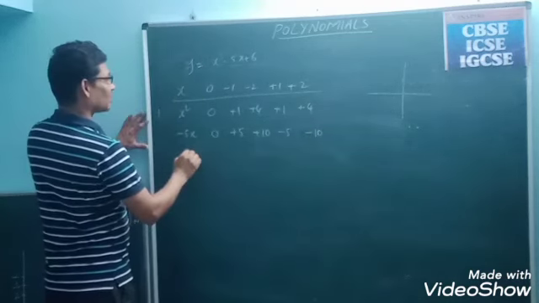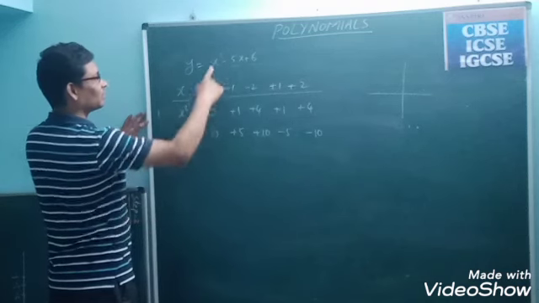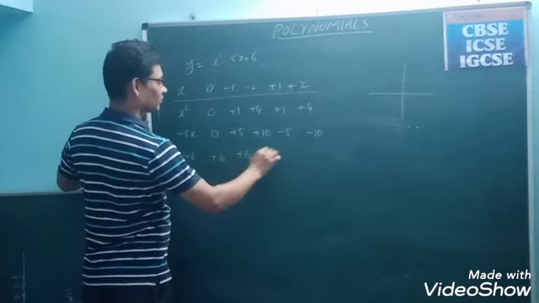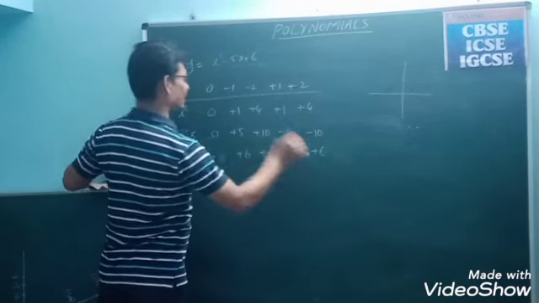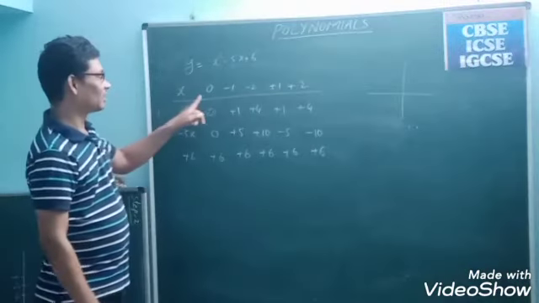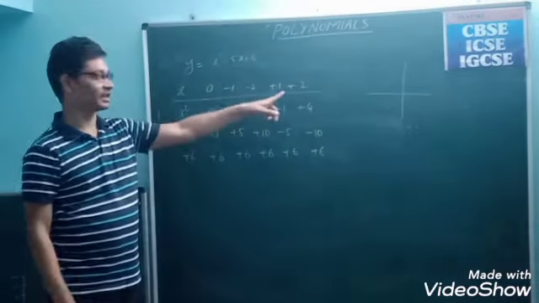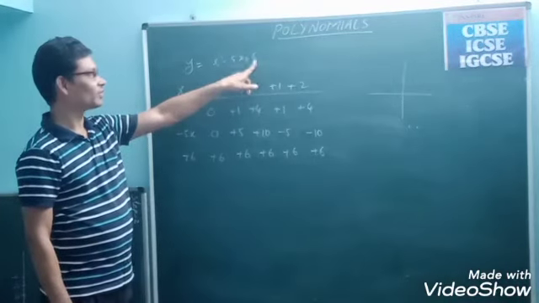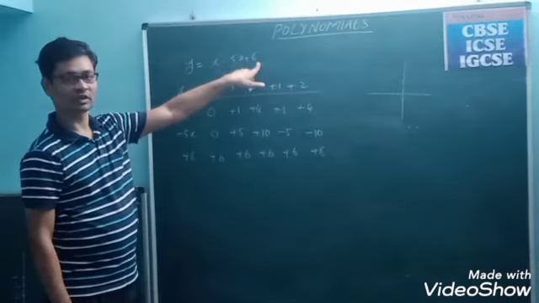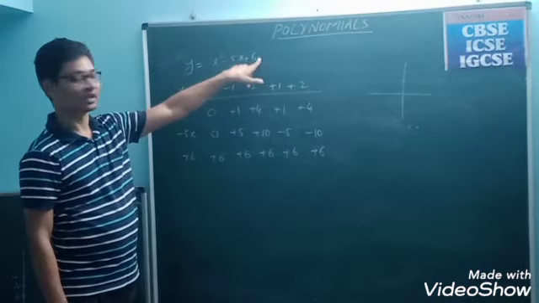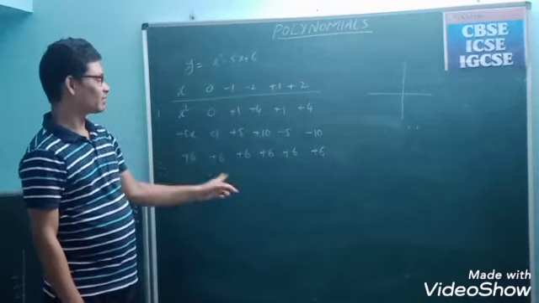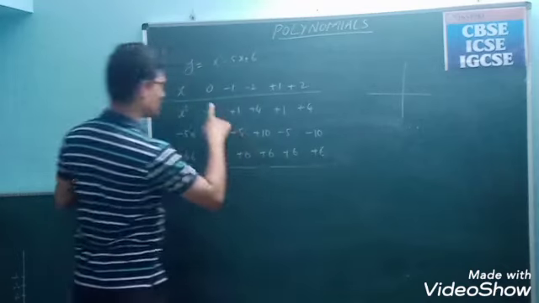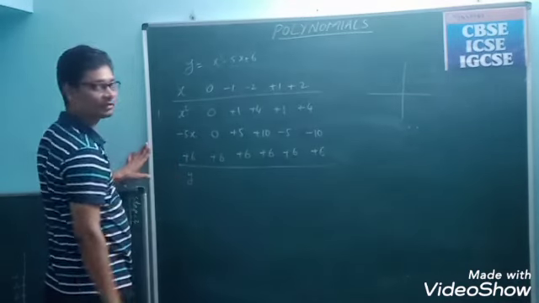Now the constant value, the third term: first term, second term, third term. The third term I am writing as it is because whatever x values you are taking, those don't influence the constant value. The constant doesn't have any x as a multiple or a divisor. So it is a constant, its value doesn't change. Now let me find the total value of all the three. That is nothing but the y value.